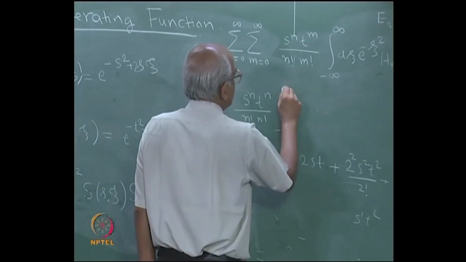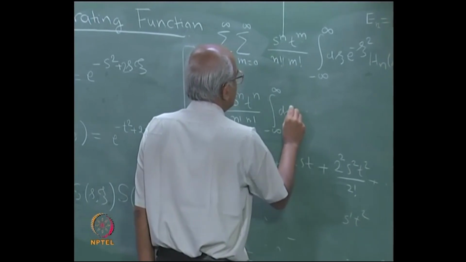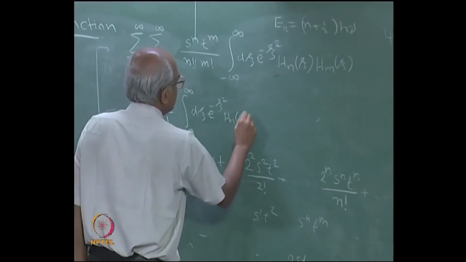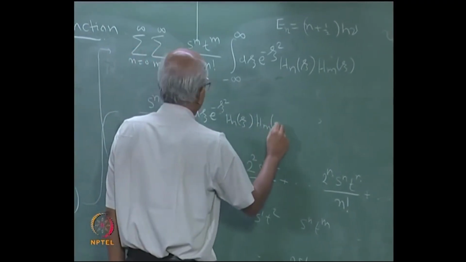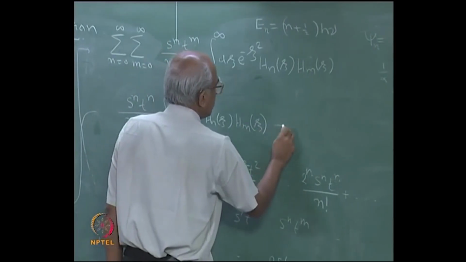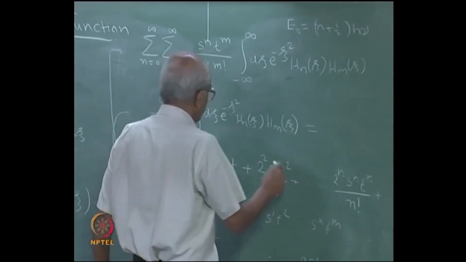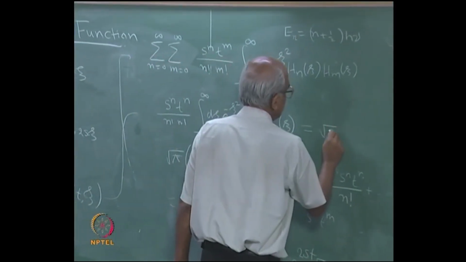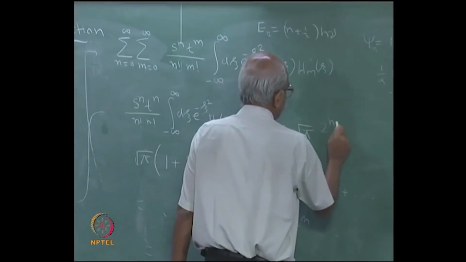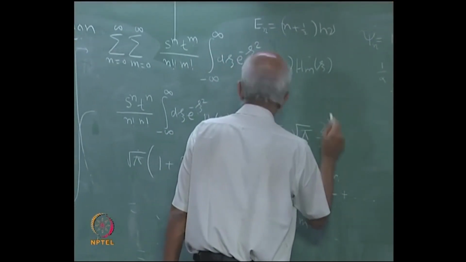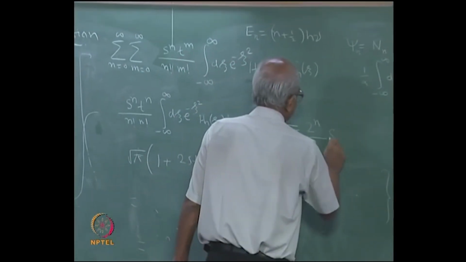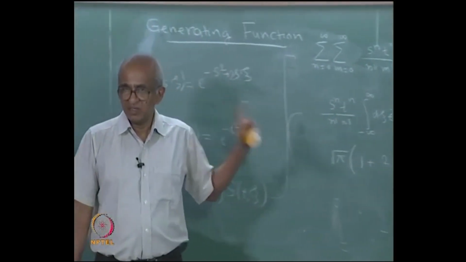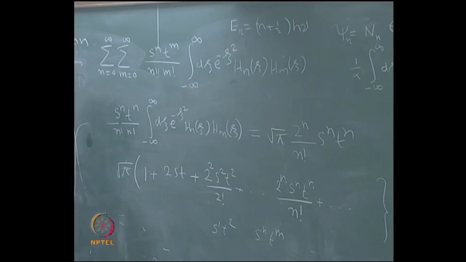integral minus infinity to plus infinity dx e to the power of minus c square Hn of c Hm of c is equal to what? You will have the square root of pi which was sitting there, two to the power of n divided by n factorial, with of course, I should say s to the power of n t to the power of n, because I have put s to the power of n here and t to the power of n there. So, this is what is going to happen,